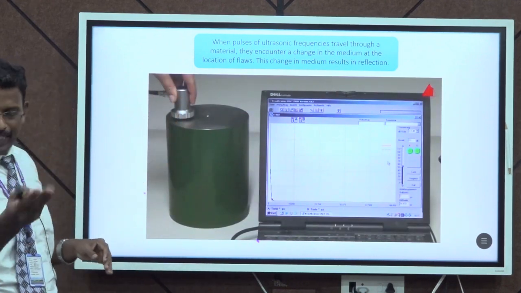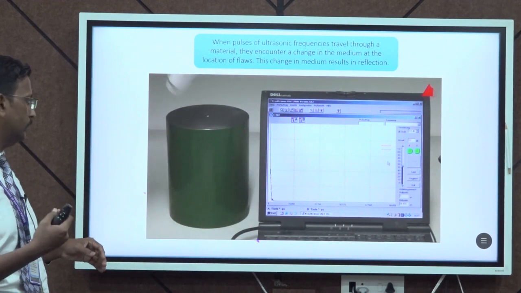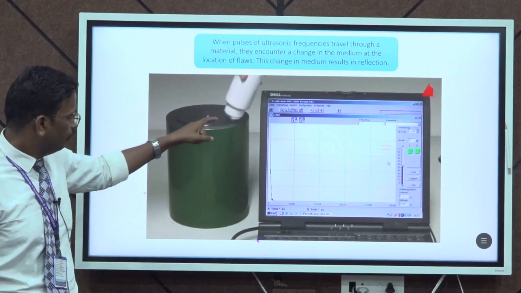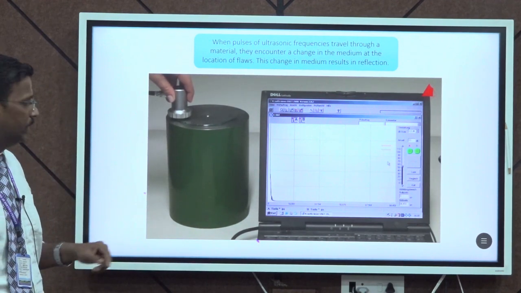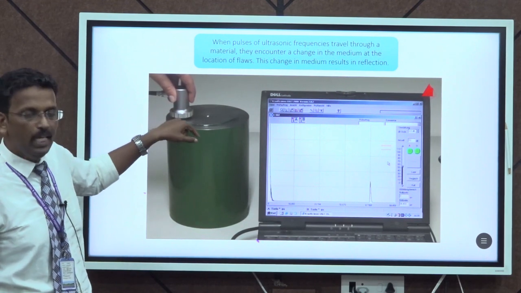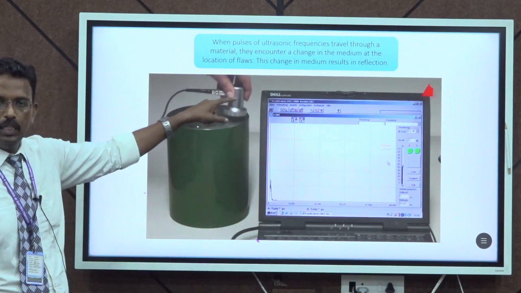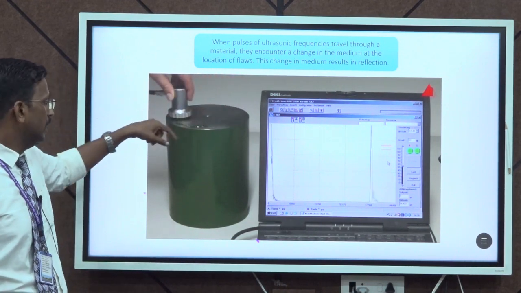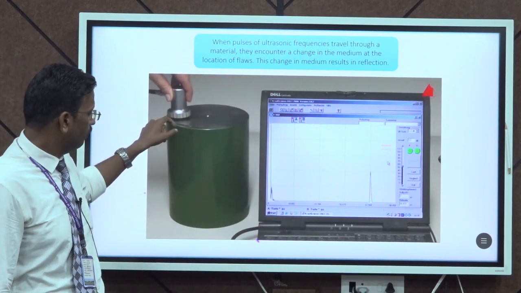It can send the ultrasonic pulse as well as receive the ultrasonic pulse. So, for all the measurements you should always use some kind of couplant, because the couplant reduces the amount of ultrasonic wave reflected back to the sky. Once we use the couplant over the surface, then the initial pulse, here we can see that when we move